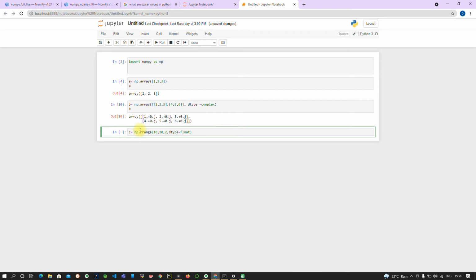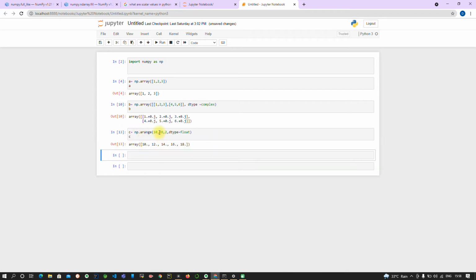As you can see, it has created 10, 12, 14, 16, 18. The step it has taken is 2 because I specified the step as 2. You can create int also, or complex, same as we used in array.